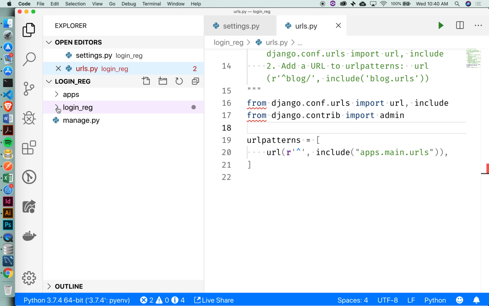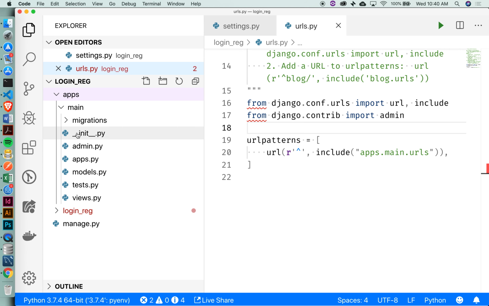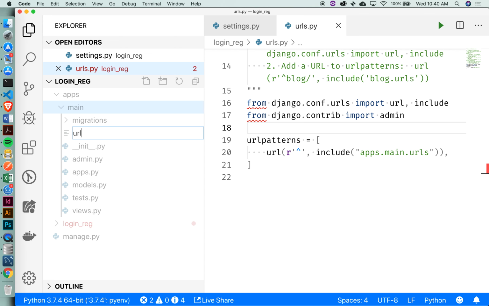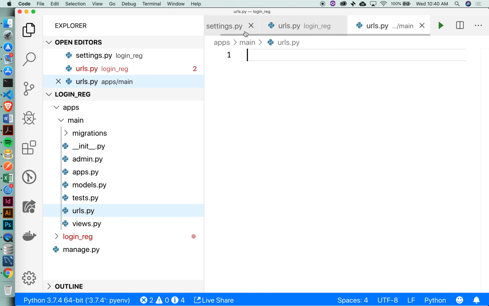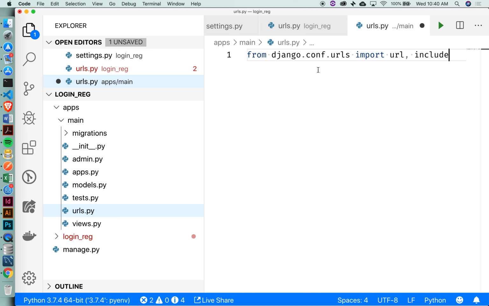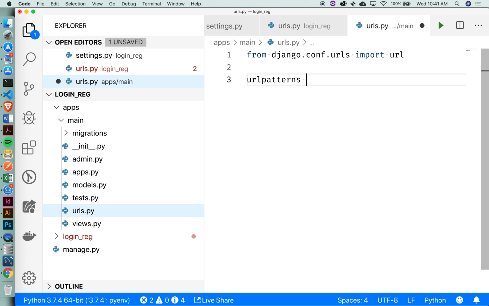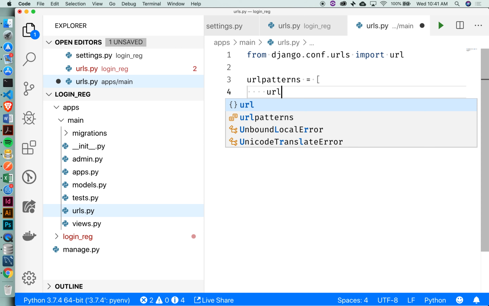Okay. So inside my apps, I've got my main app, but I don't yet have a URLs file for it. So let's create that. urls.py, and then we're just going to import url in this case. And then we have to create this thing called urlpatterns, this variable called urlpatterns. And again, that's going to be a list. So each url is going to be one specific route in our app. So let's say url,